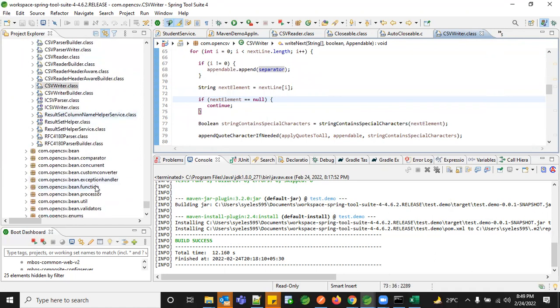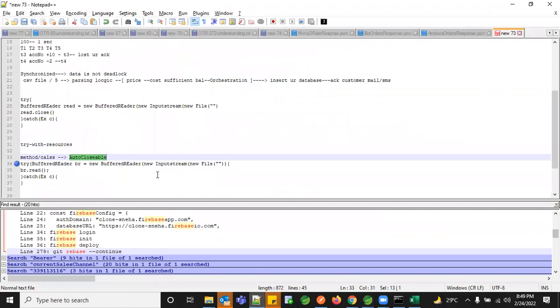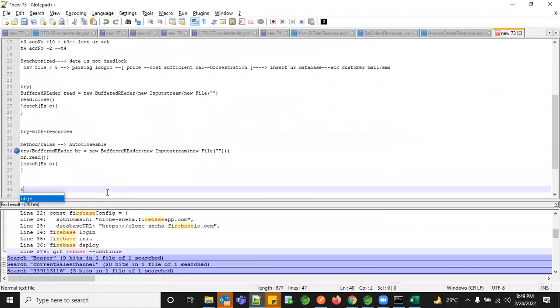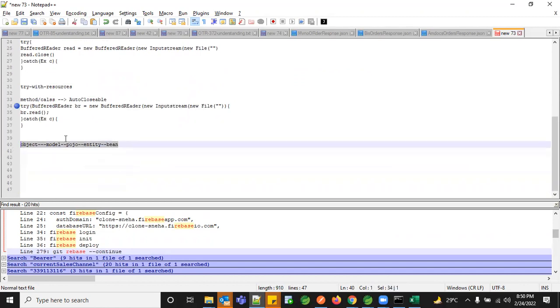And apart from that, there's something called the bean package. So here you hear a name called bean. So far you have heard something called object. You usually say object. Once we used model. After that, we said POJO. Also we have sometimes said entity. So there are multiple names, right? Now you are hearing one more name called bean. All these are nothing but your object. Internally, they're nothing but your object.